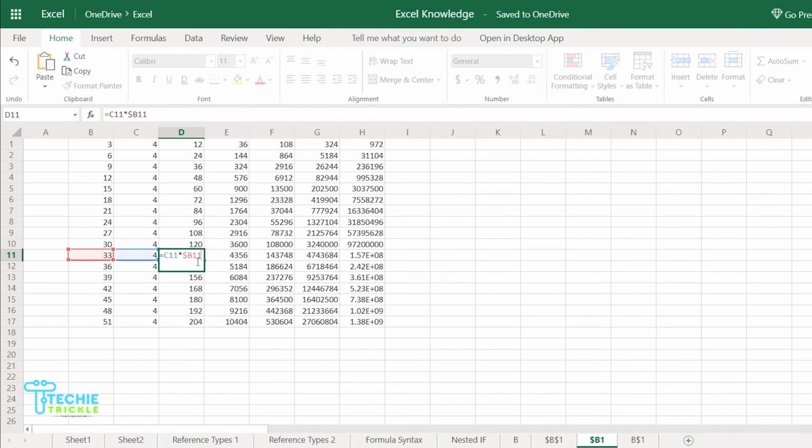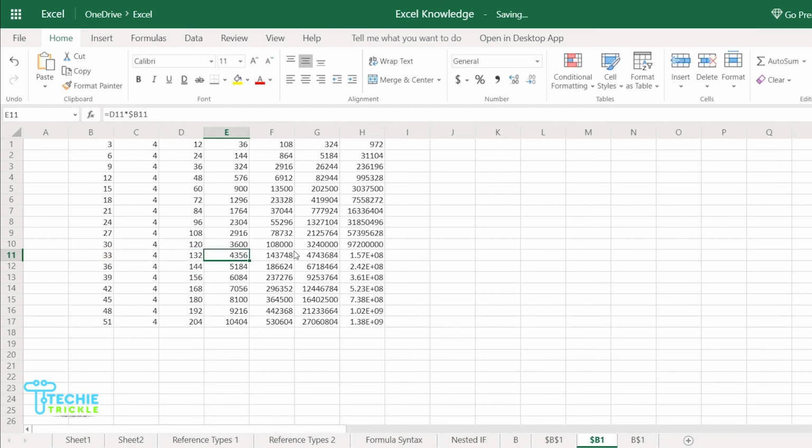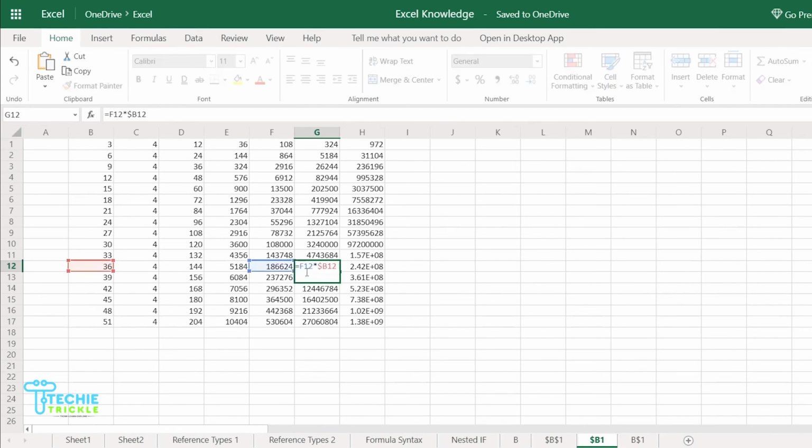So our B does not change, so our column is fixed. Our column is fixed as $B, and the row is a variable, and the row keeps on changing. I take another value from here. I press F2 here, you can see F12 multiplied by $B12.